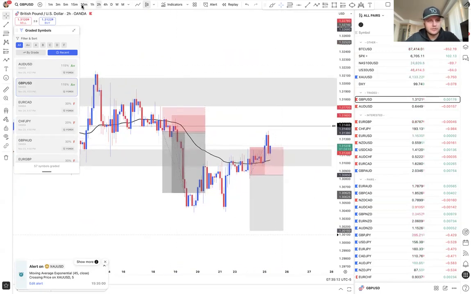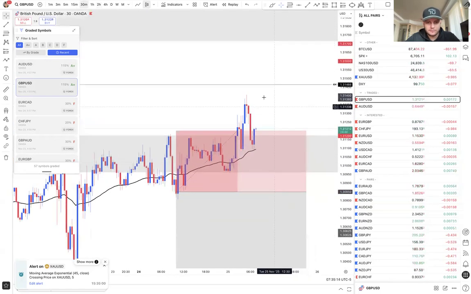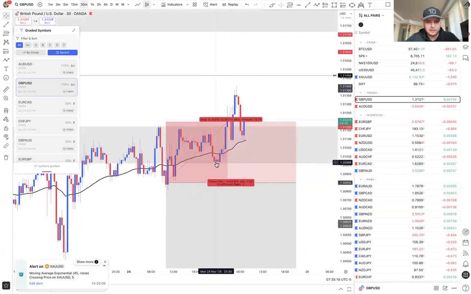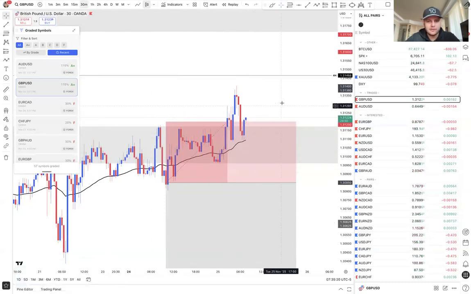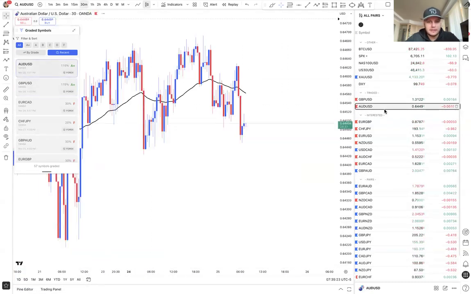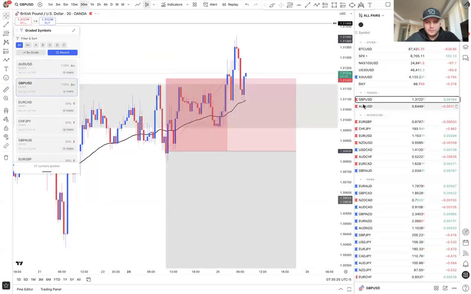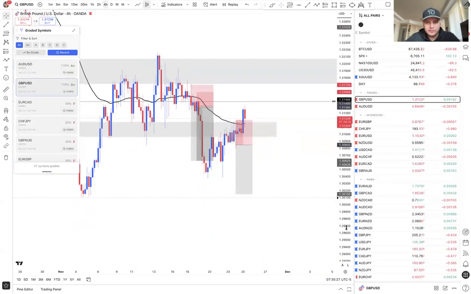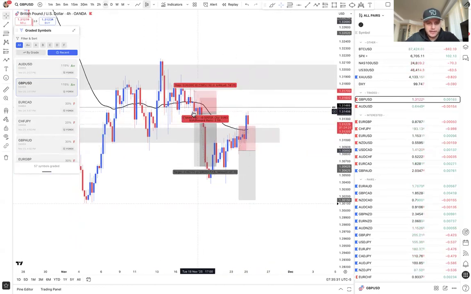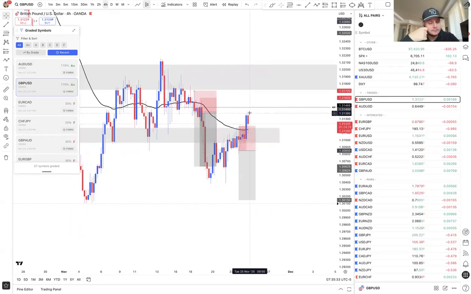If you are going to enter, I would suggest entering maybe after price creates its head and shoulders and breaks below this 30-minute EMA. That would probably be the best option for GBP USD. At this point, we're just waiting for that continuation to happen. Price basically pulled back into our entries from last week.